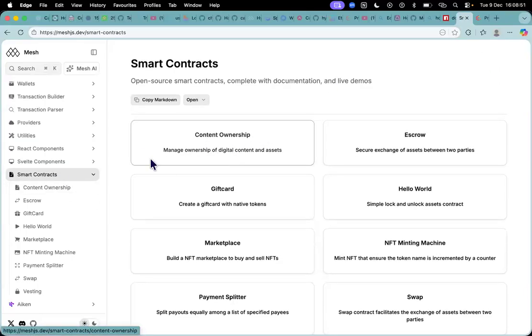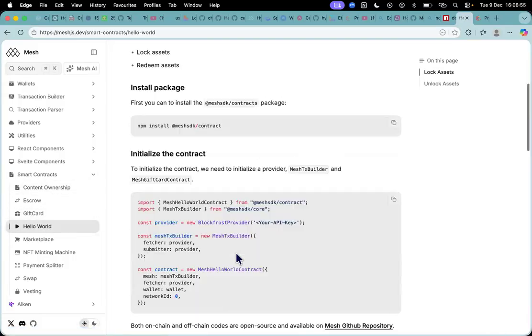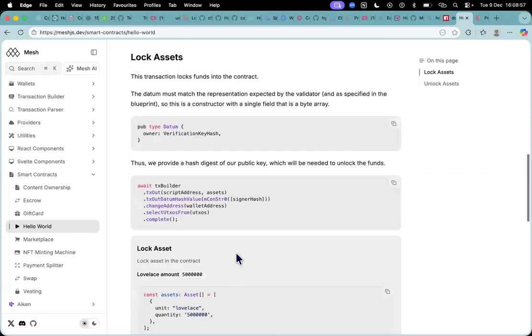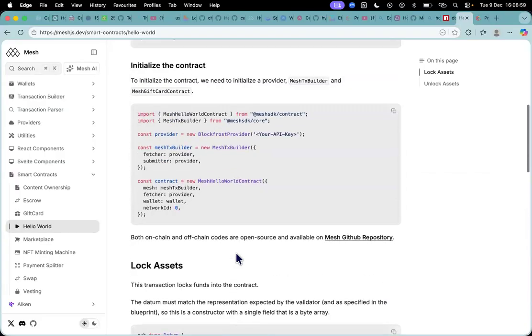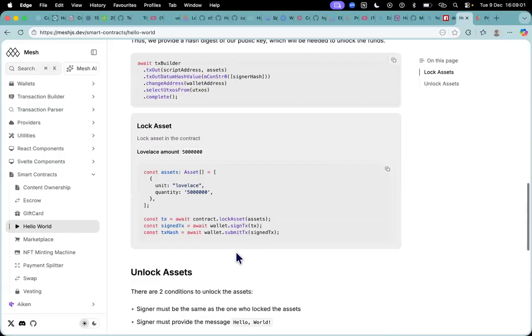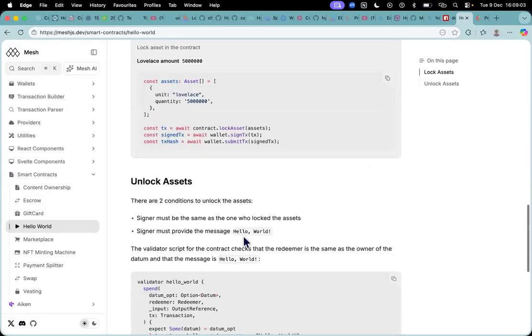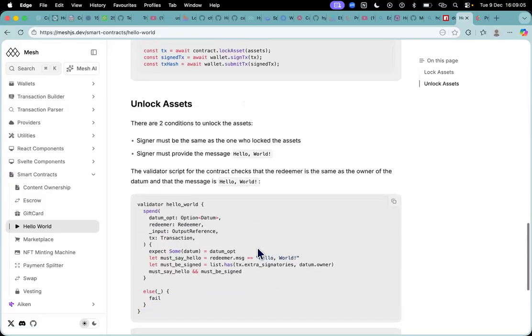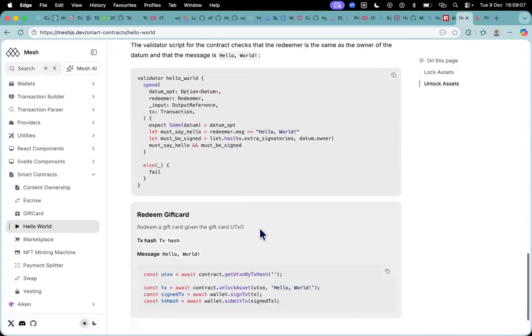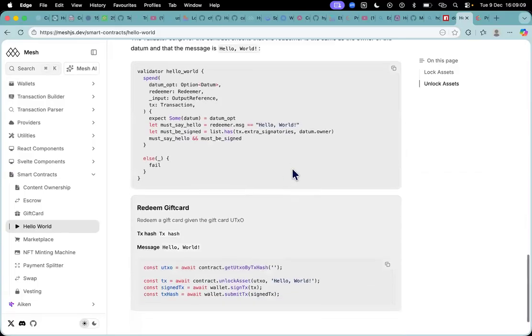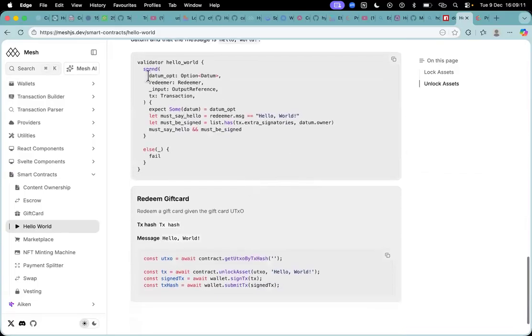Yeah, go for it. So the first thing we would want to do, especially when we are trying to evaluate a smart contract, like we are trying to call